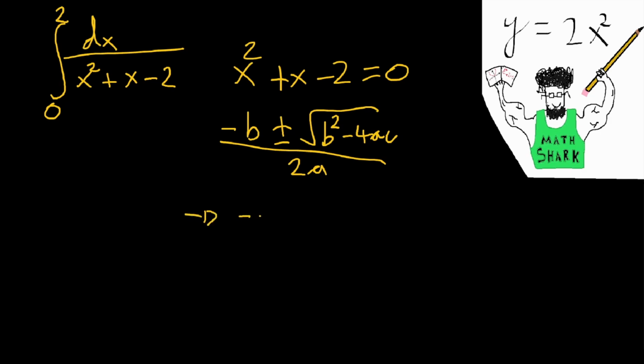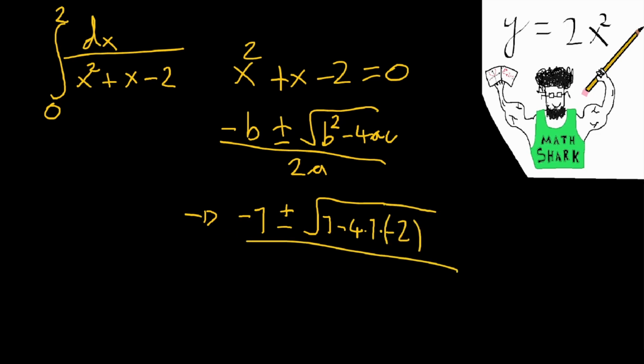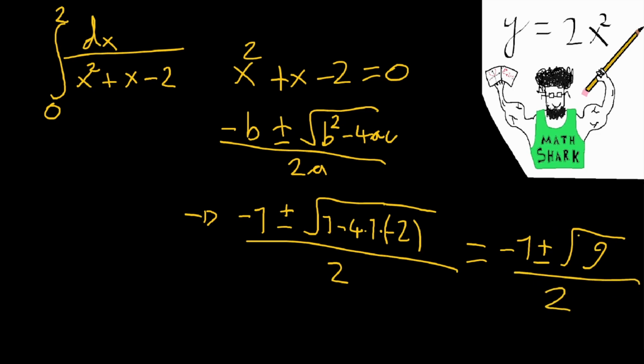which gives us minus b, which is minus 1, plus or minus the square root of b squared, 1 squared, which is just 1, minus 4 times a, which is 1, times c, which is minus 2, over 2a, 2 times 1, 2, which gives us minus 1 plus or minus root 9 over 2. Root 9 is 3, so it's minus 1 plus or minus 3 over 2, which gives us minus 1 plus